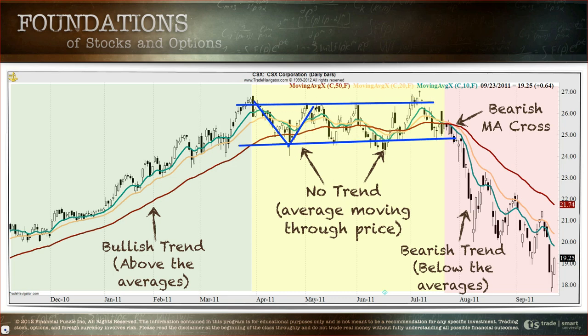So a channeling stock is going to be a time period where the moving averages are not very friendly. They do not help you very much. You're going to get a lot of moving average crosses in here, but they're all pretty much going to form a flat line or very close to a flat line, those crosses,